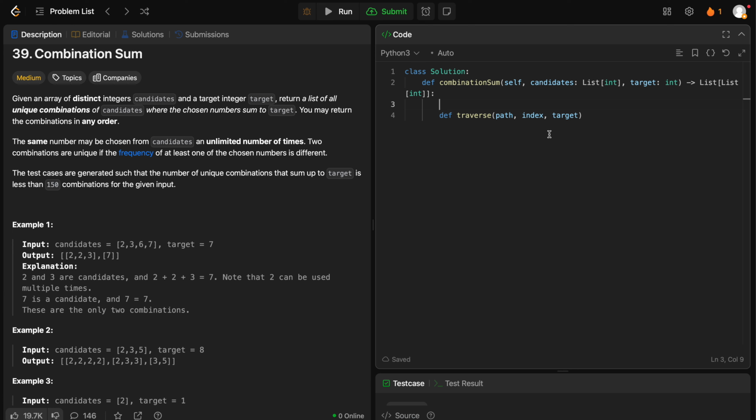Yeah, I need all of these. So output, and what do I do? So n is the length of candidates. If index is equal to, well, I don't need to do that, only if